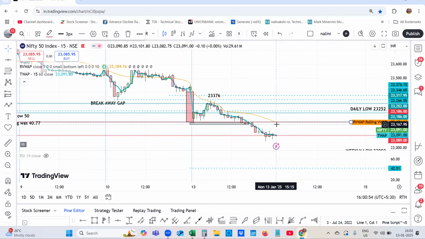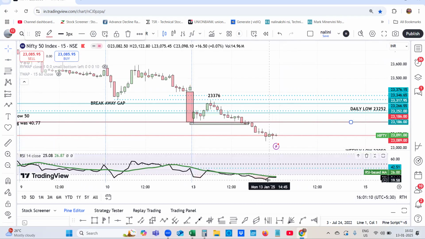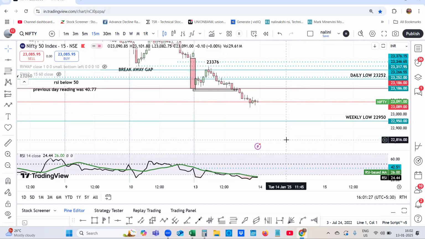Immediately, if it goes up, suppose the market gaps up, the reason is that the market can do that. Why? Because RSI is oversold. When the RSI reading is oversold, it may try to gather momentum if their intention is to sell and rise. Because the market has not come to its level. Still, it is going down.